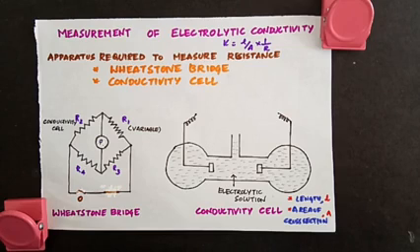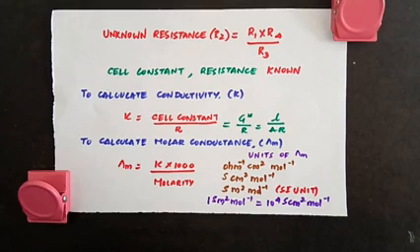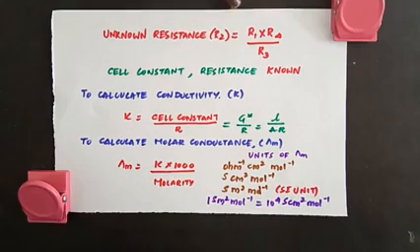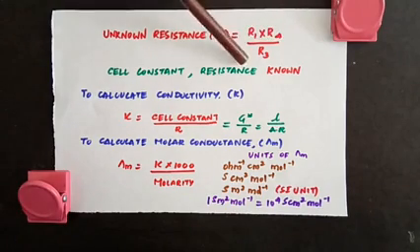And remember one more thing, you need not go into the working of the Wheatstone bridge. In chemistry, you can just understand what relationship is used to calculate the unknown resistance of this electrolytic solution in the conductivity cell. That's enough. Knowing in detail about the working and the principle, you can learn in physics. So when the bridge gets balanced, we have a relationship based on the Wheatstone bridge. When no current flows through the detector, then the unknown resistance R2 is equal to R1 into R4 by R3. And what is R1?